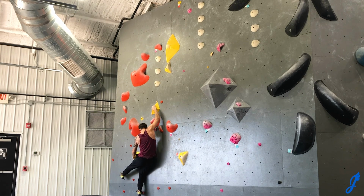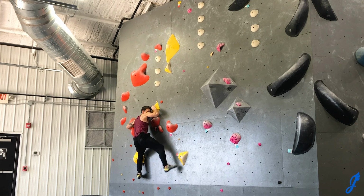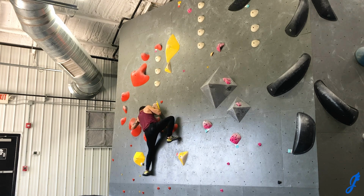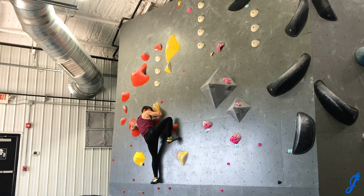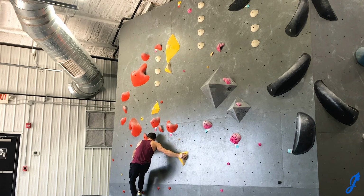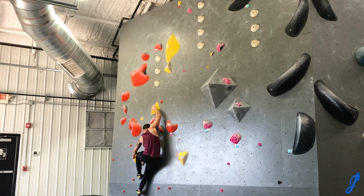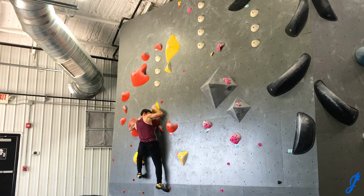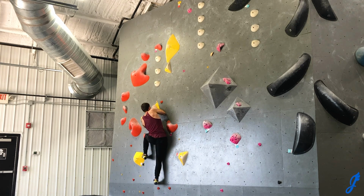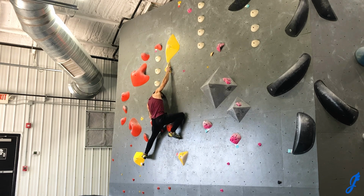Yeah, yellow V6 V7 here. This one's very balancy. So getting a guess on, I'm trying to get a high foot here and rock my weight up. The right hand is pretty good. The left hand is not really supporting any of my weight. So I need to just stand up only using the feet. So get that low start, going up right to the Gaston, get my left foot on, and here, trying to get my left foot a little higher. There's another foot chip, and then one more foot chip I'm trying to get my right hand to. But I opt to go right hand up first,